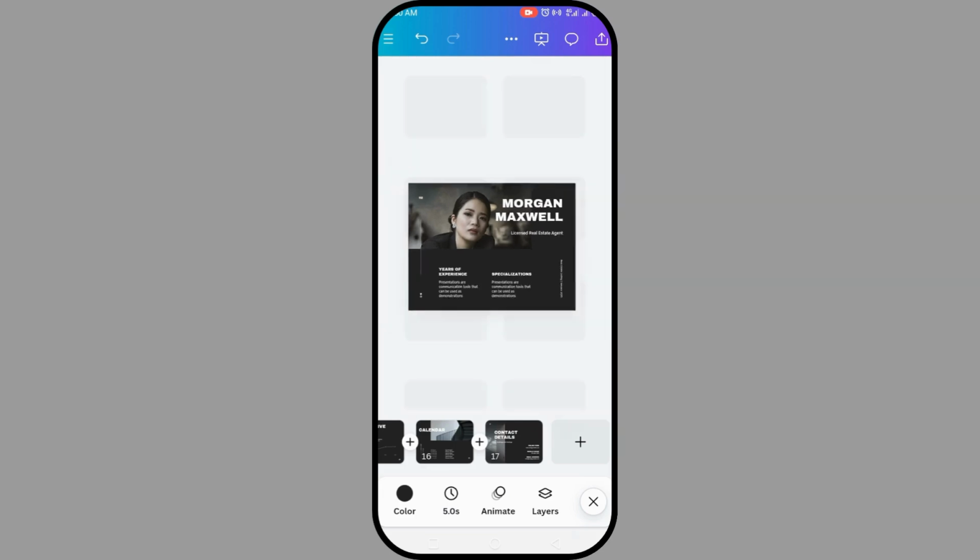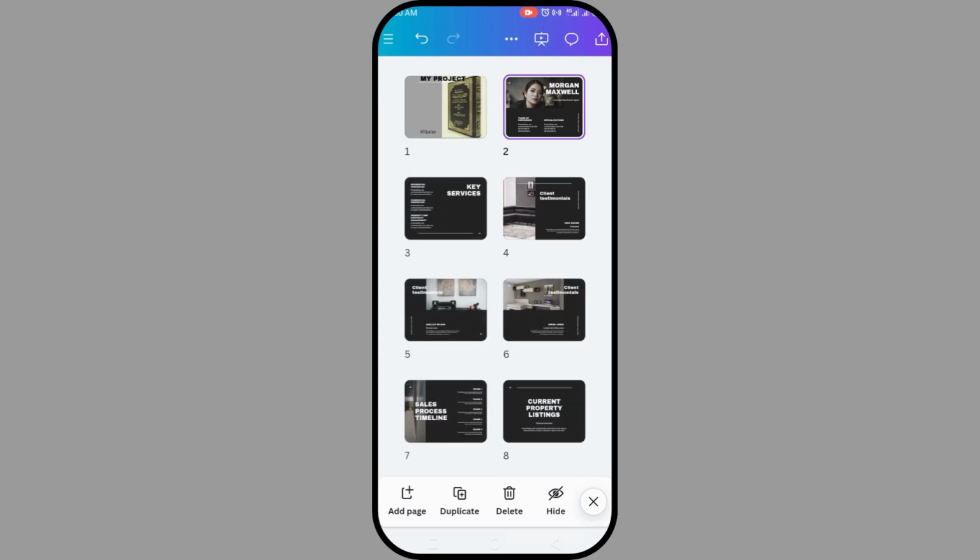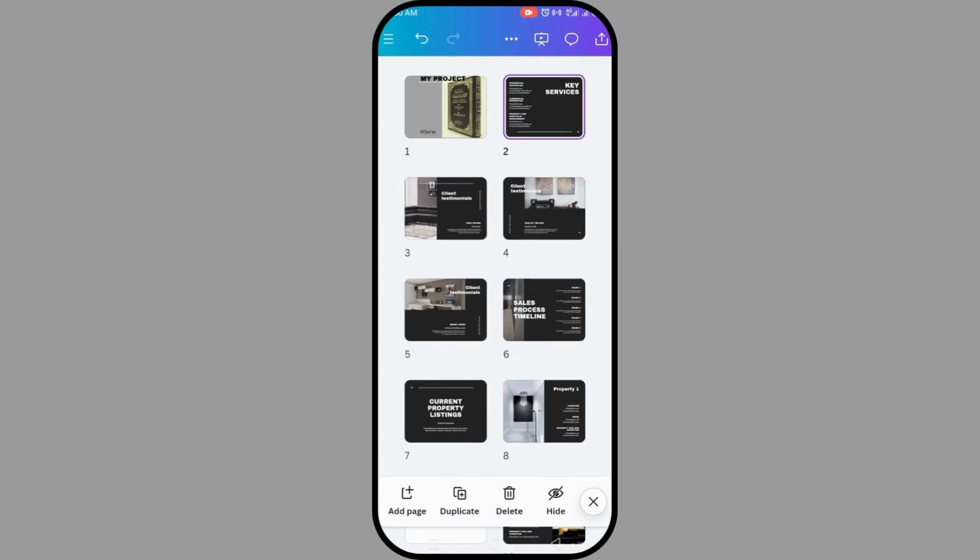Did you see? And you do like this. Just you can see, click on delete and you delete the page. Did you see? So this is how you delete the page. Just click on it back. Just click on it,